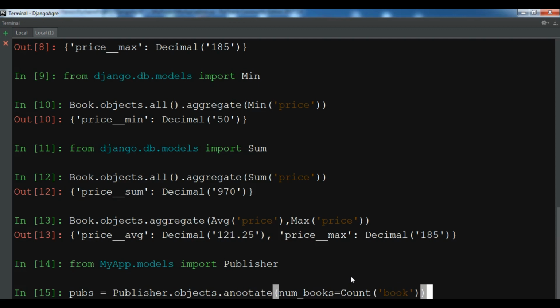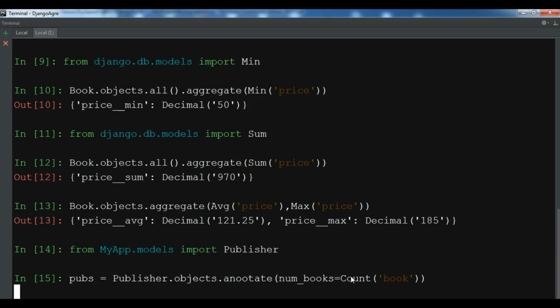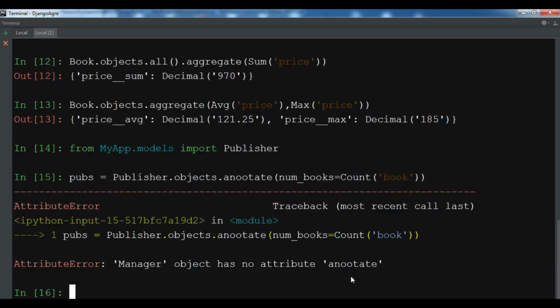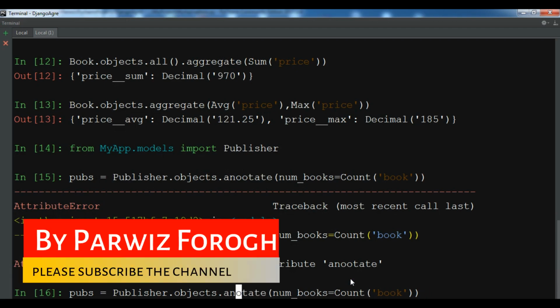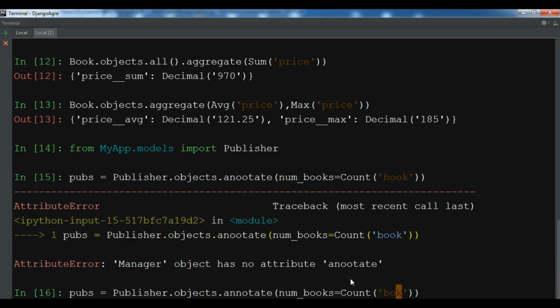Now I can hit enter. Oh sorry, I have a misspelling in annotate. Now let me make it correct. Just remove this one, I have a double N in here, so like this. If I hit enter,